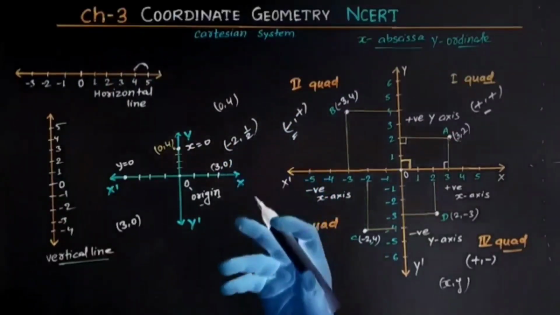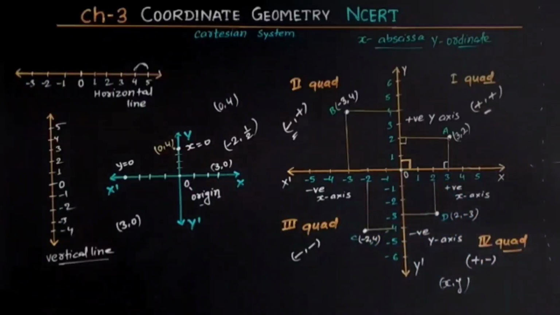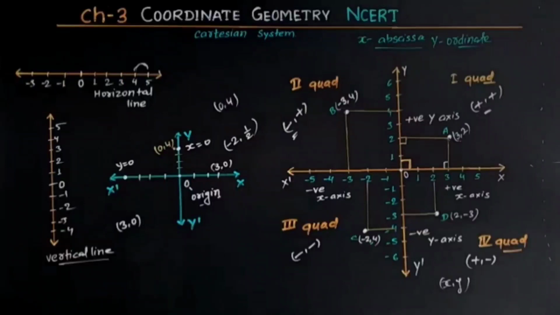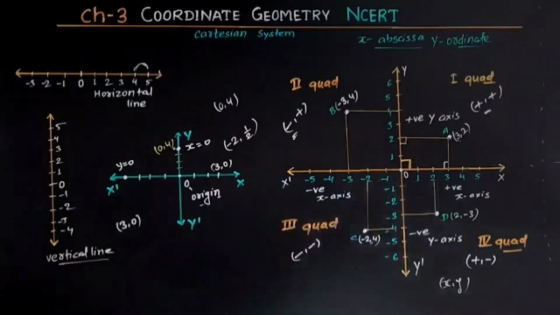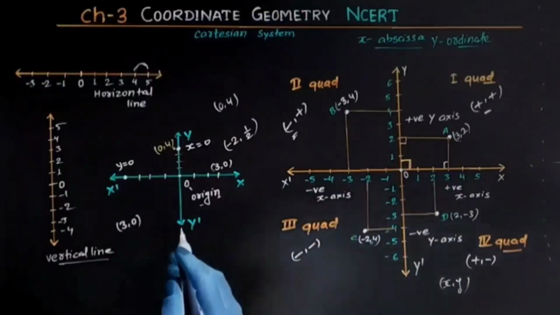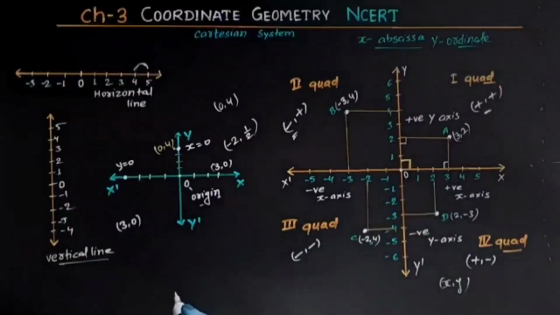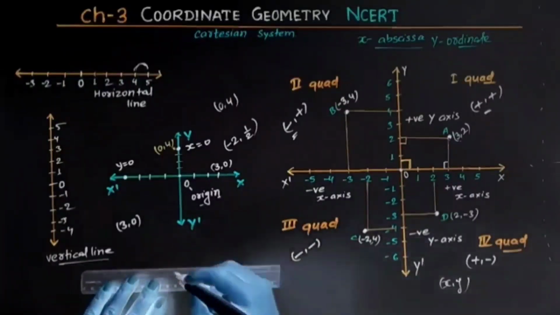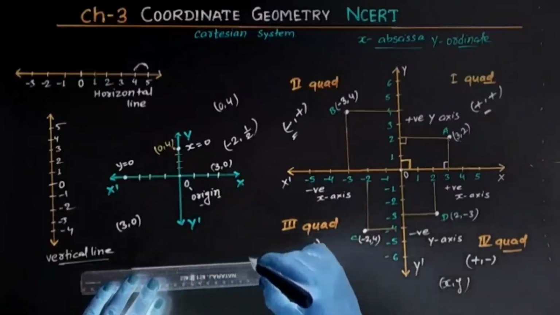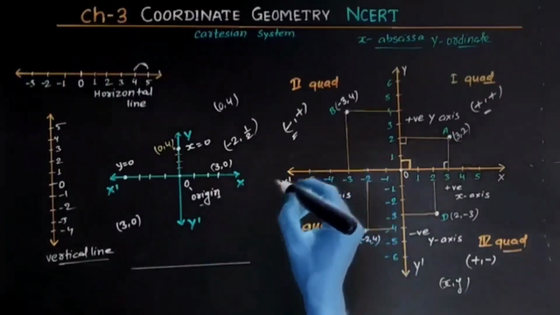Now, if the ordinate is in fraction form, let me take one example, how to plot -2 1/2. So you can easily plot -2, that is on x-axis and it is on the left hand side. While how to draw 1/2? You know, 1 by 2 means half always lies between 0 and 1.